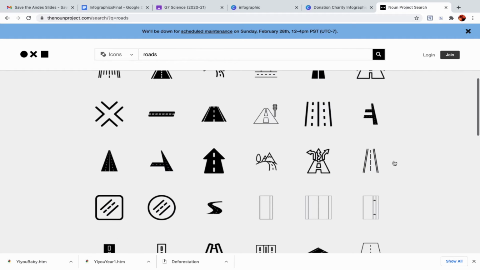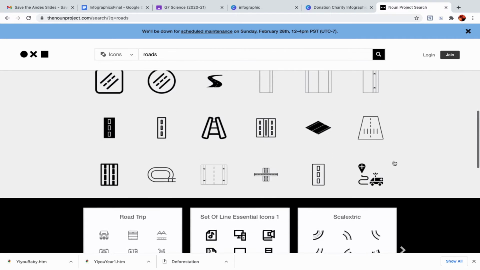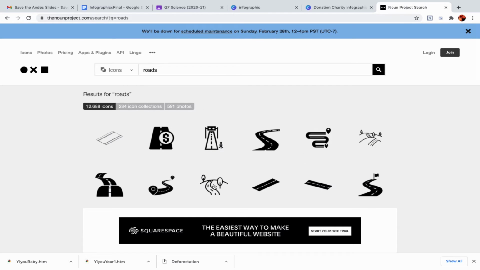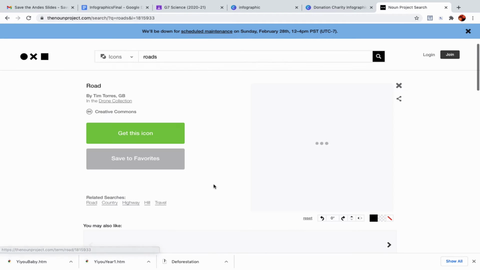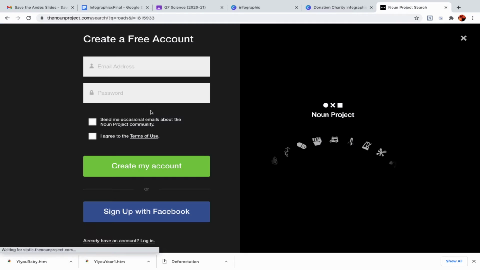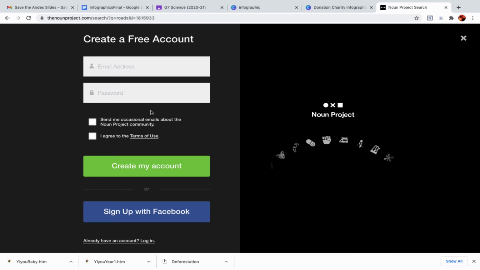I would just choose one. Since this is a demonstration, I'm not going to be too worried about exactly how great the icon is. I'm going to get this icon. Oh, I guess I should be signed in. Oh well, okay. This doesn't usually happen, but